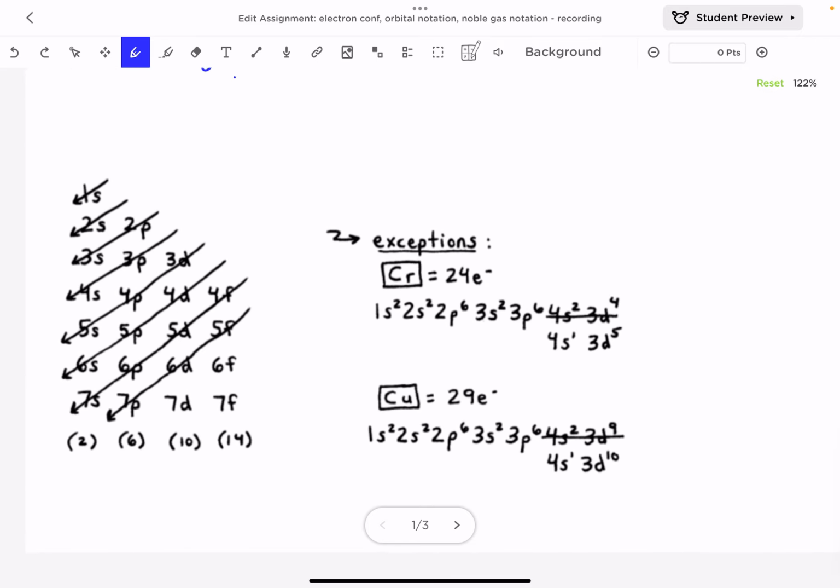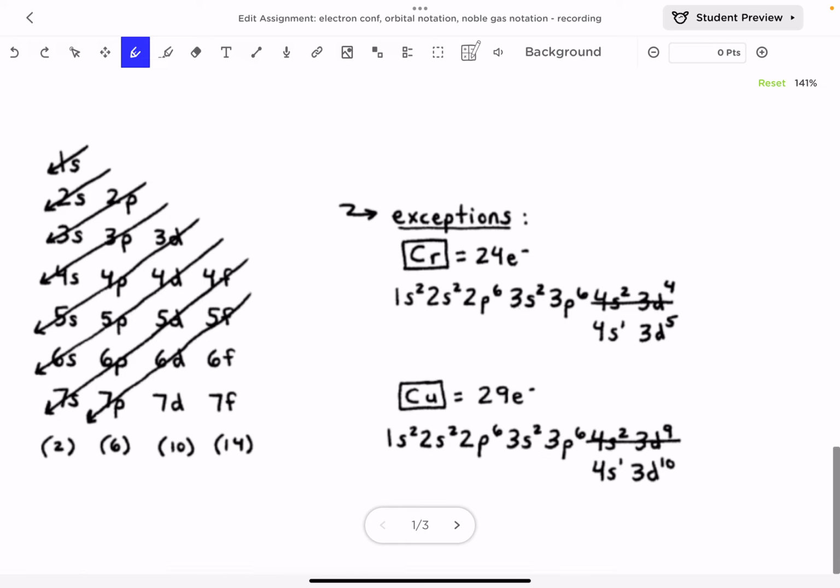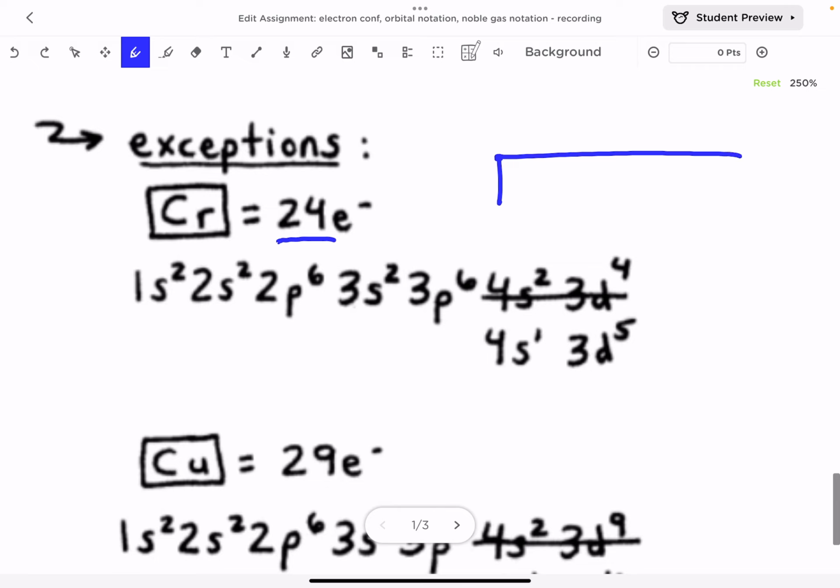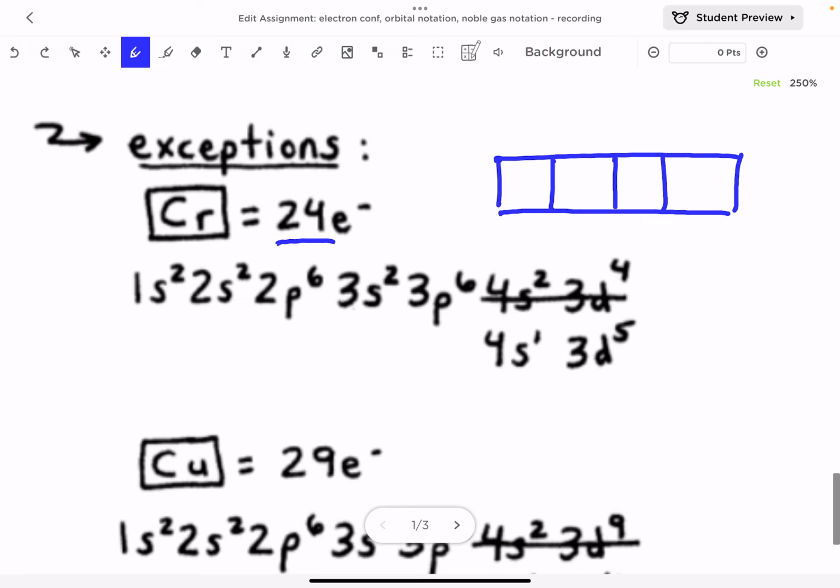I also want to mention that there are some exceptions in the electron configuration. These exceptions go in chromium and copper. Remember, chromium has 24 electrons. If we write the electron configuration, we reach 4s2, 3d4. However, when we look at it, D is made up of 5 orbitals. Filling it with 4 electrons is very close to become stable. So what happens is that 1 electron of the 4s, this is the 4s, will move